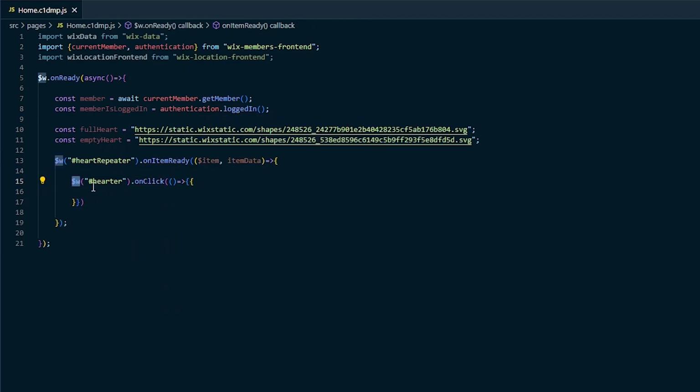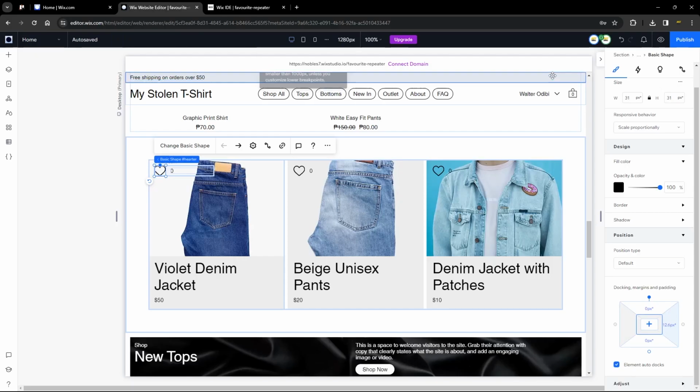Now remember that we're trying to select one item at a time, so we need to change this $w to $item. So this is what the repeater onItemReady is supposed to give us for each of the items. So let's go ahead and enter in our console.log and copy this data, and paste that right in. We can click on save, and over here we can click on publish,